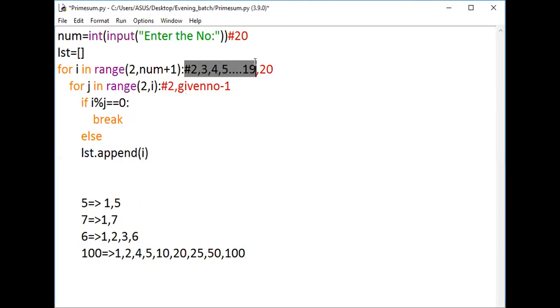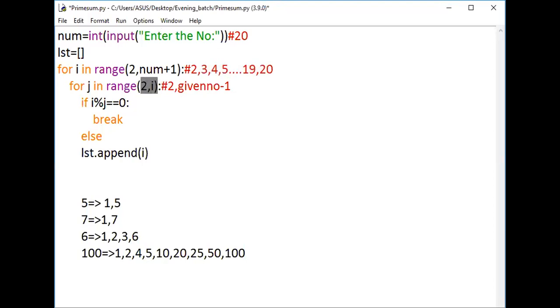So this outer loop is for iterating 1 by 1 to check the value 1 by 1 starting from 2. Since 1 is neither prime nor composite, we are omitting it, and we are starting from 2, going up to the given number. And here, the same way, in this condition, we are starting from 2 since 1 will always be a factor, and the given number also will be a factor. So we are not supposed to include them. That's the reason I'm just taking 2 to i.